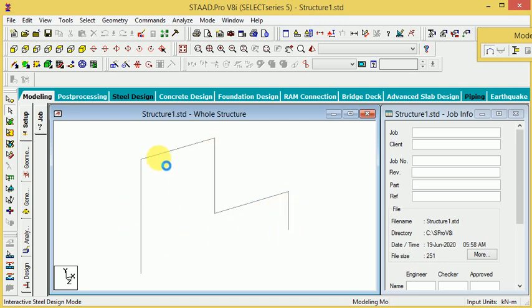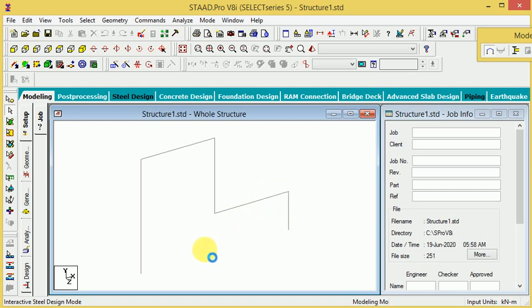Here called member. This is called member. This is called member, and also this is called member. So it means it is showing the member also, and this is called node. The joint is node. This joint is node. This joint is node, and this joint is node.